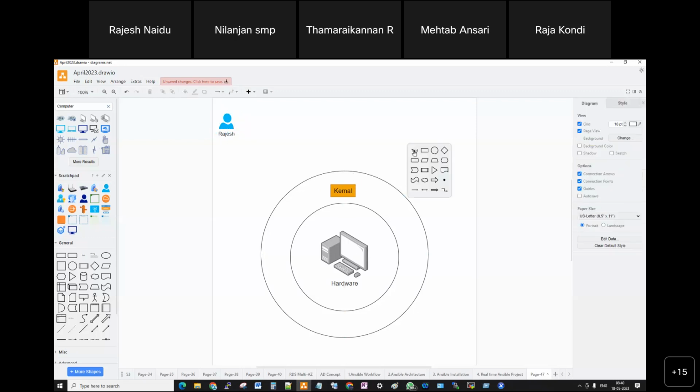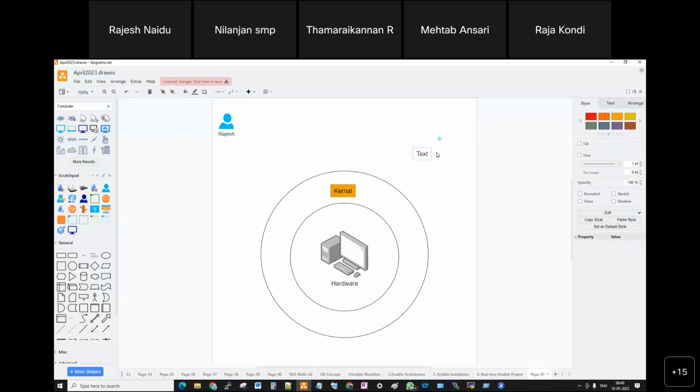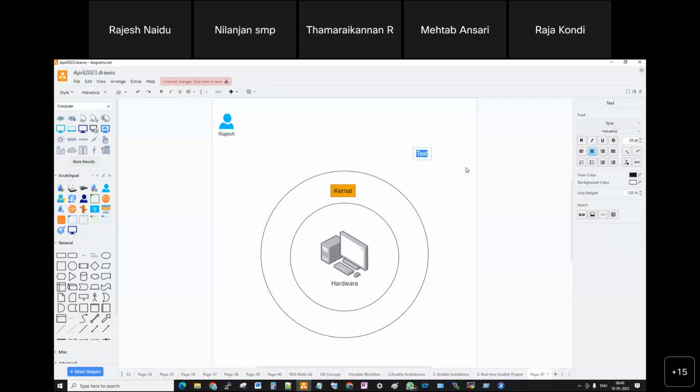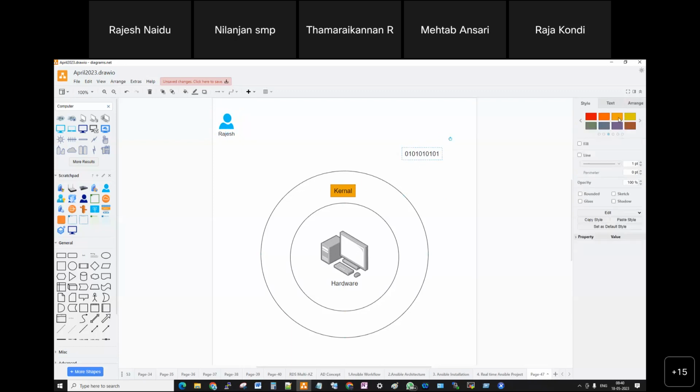So guys, when we are watching English movies, you'll get this kind of numbers, 0s and 1s like this. What is this? Binary language. This is a binary language. So the kernel talks to the system with the binary level language.